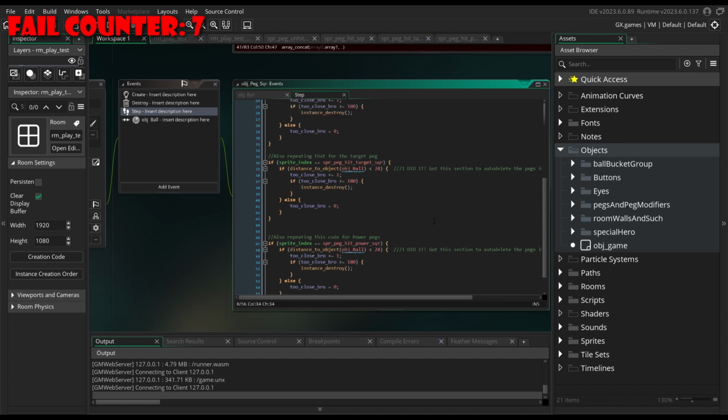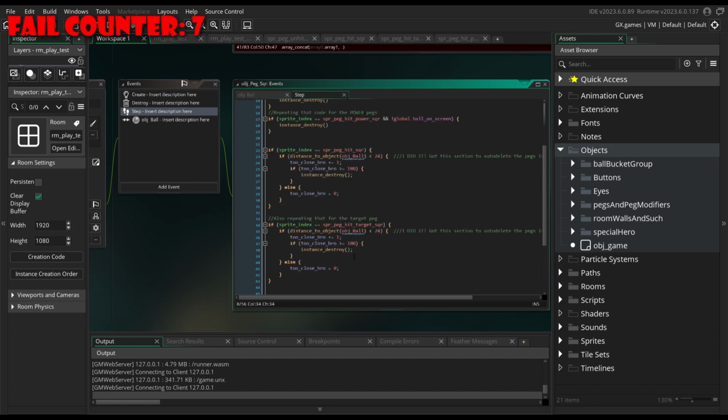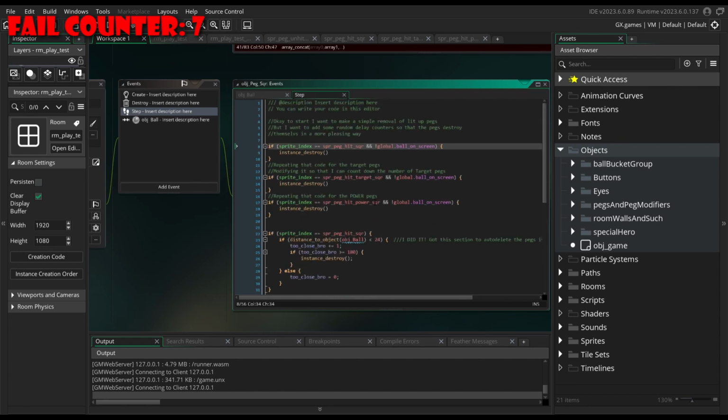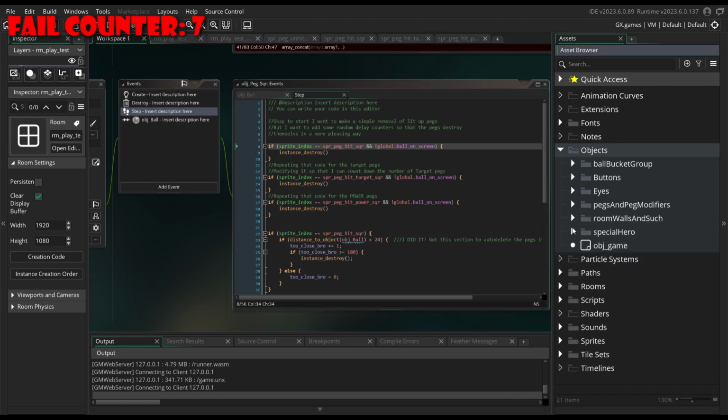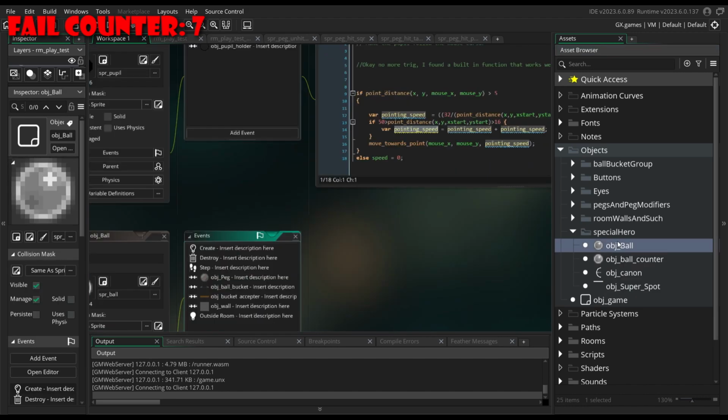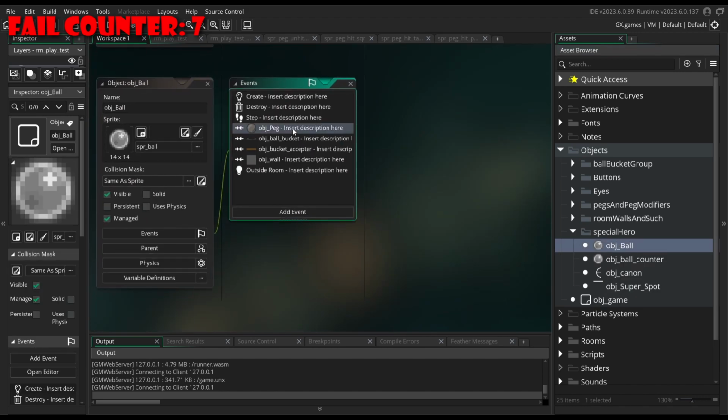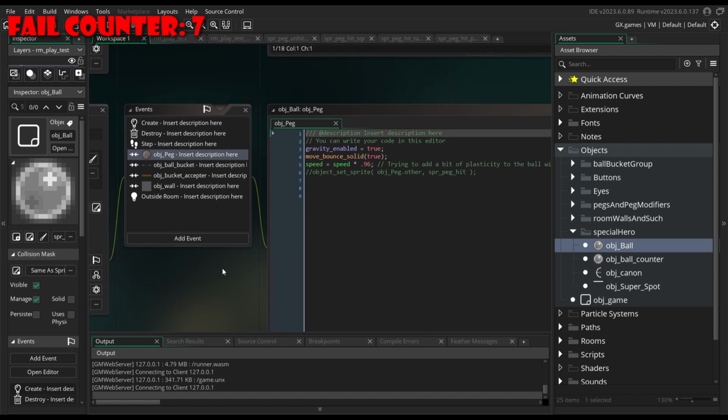Maybe it has to do with the fact that you create a new instance a moment after, and then it's like, oh, what am I doing? And then it eventually shoots through. So maybe it has to do with this, but I'm very confident it has to do with it not running into an object peg square, so I need to